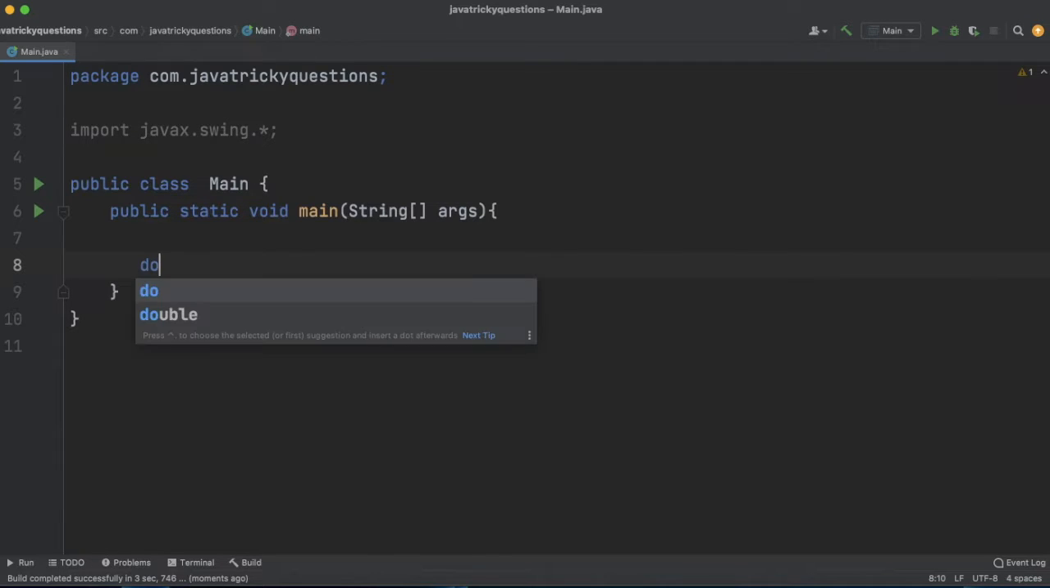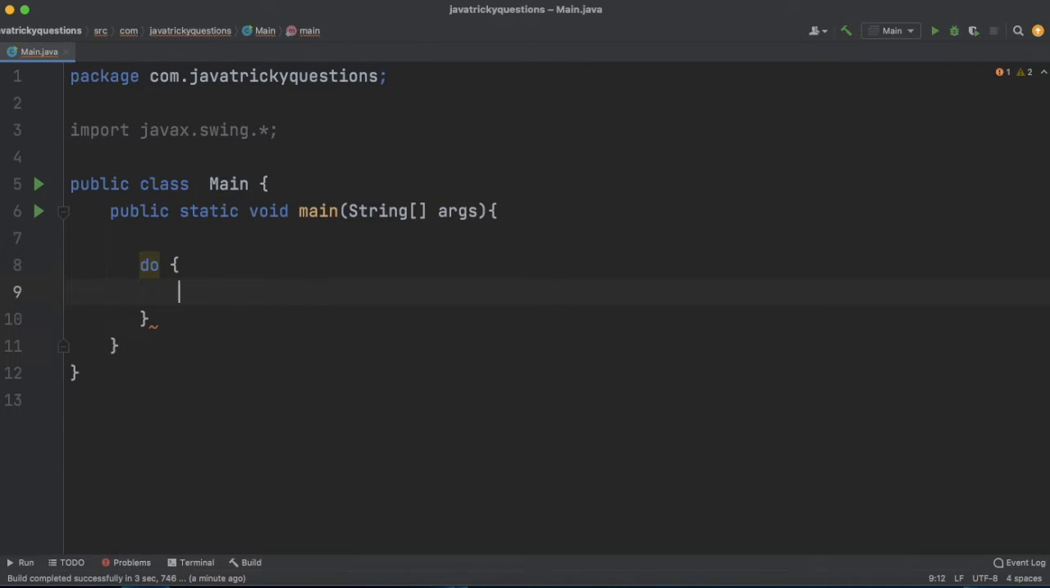So I will start with do. This is the do block. What do you want to do? You write that code inside this do block. Well, we want to print numbers. Count